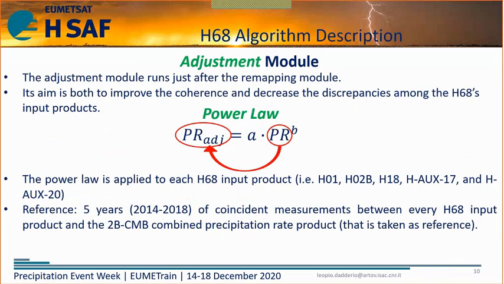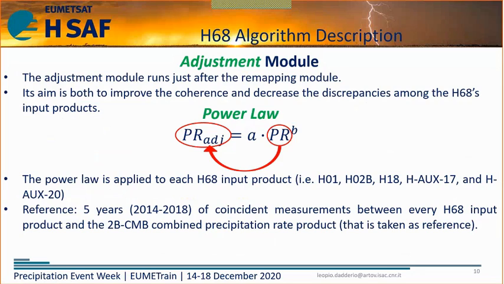Then we have the adjustment module, which runs just after the remapping module. Its aim is both to improve the coherence and decrease the discrepancies among the H68 input products. So what we did, we derived a power law to move the precipitation rate provided by level 2 products to an adjusted precipitation rate. After that, this power law is applied to each